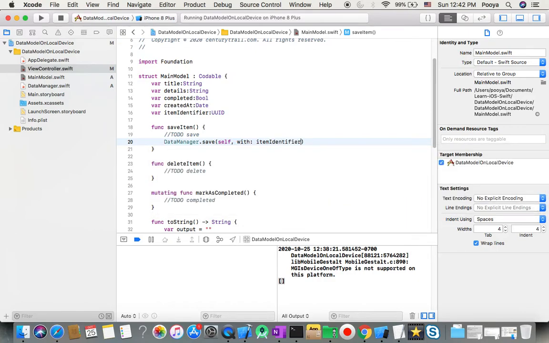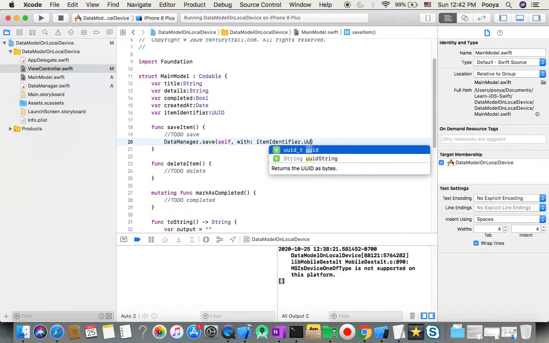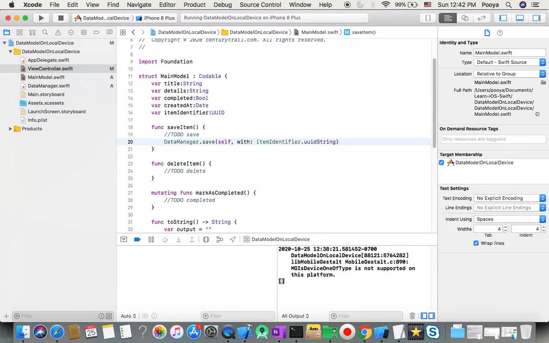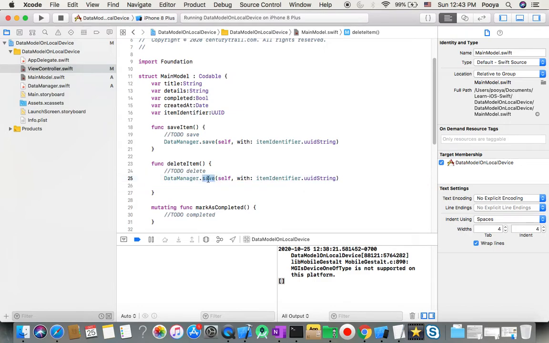identifier dot UUID string. So I get from self item identifier that uses string. So I save it here. And for delete, I had a function, so I'm gonna do that. So delete,